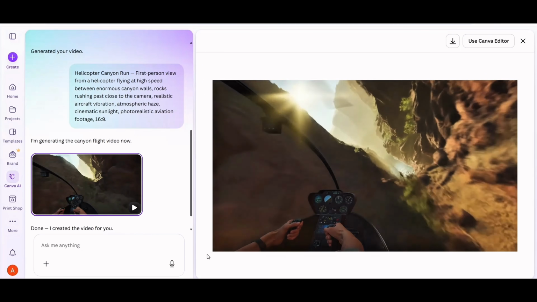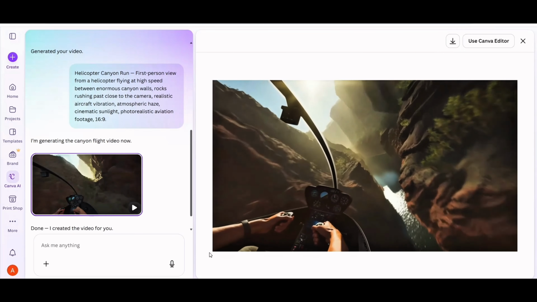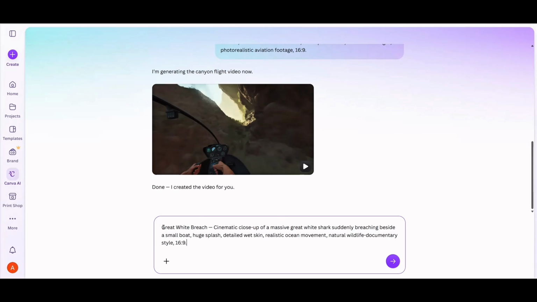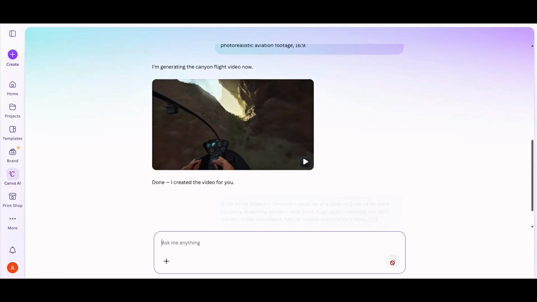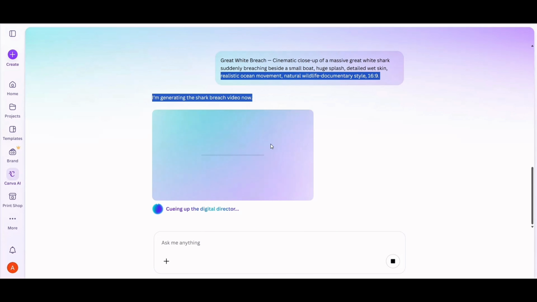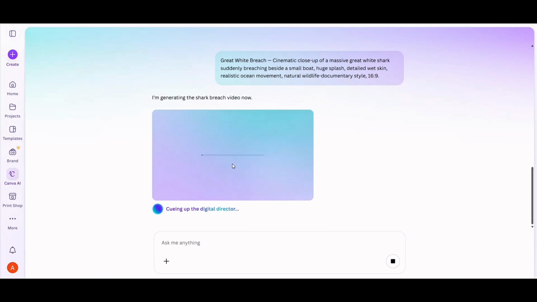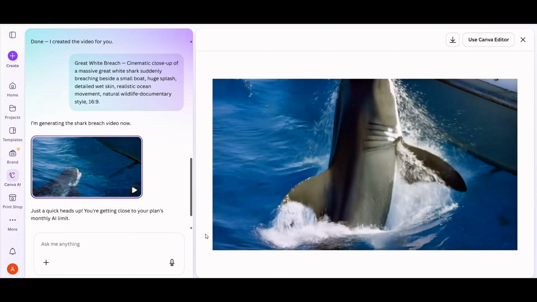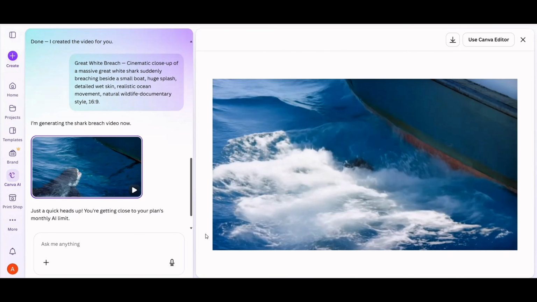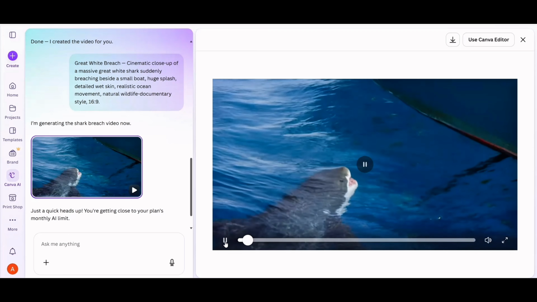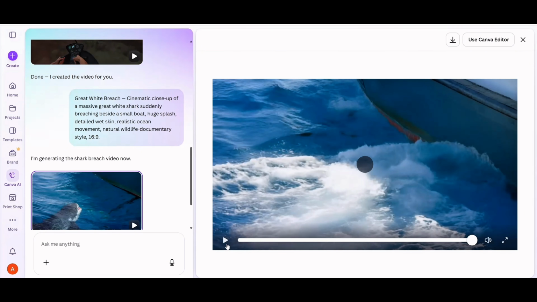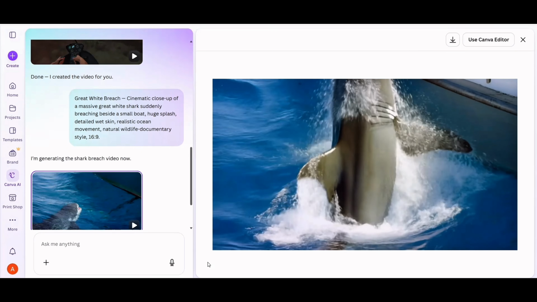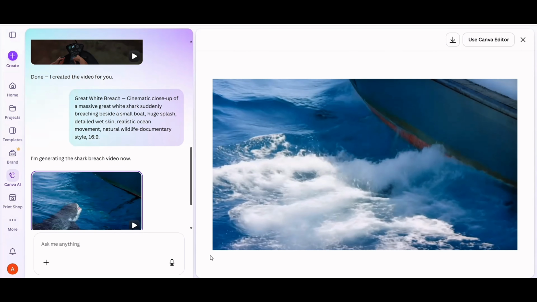All right, let's switch things up again because I want to see how Canva handles animals and water. The third prompt is Great White Breach, cinematic close-up of a massive great white shark suddenly breaching beside a small boat. Huge splash, detailed wet skin, realistic ocean movement. Natural wildlife documentary style, 16:9. And honestly, this came out clean. The water movement is doing a lot here, and the shark itself has some pretty good detail. For a scene like this, there are a bunch of little things that could easily look weird, but overall, this one holds together nicely. So far, Canva is doing better than I expected, but we've still got 2 tests left,